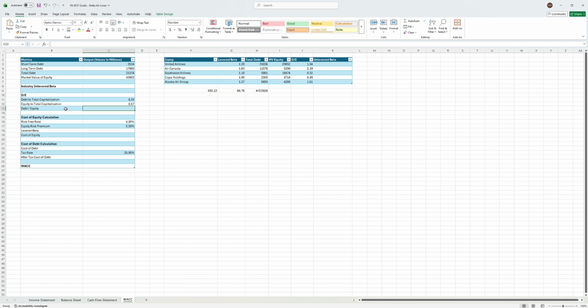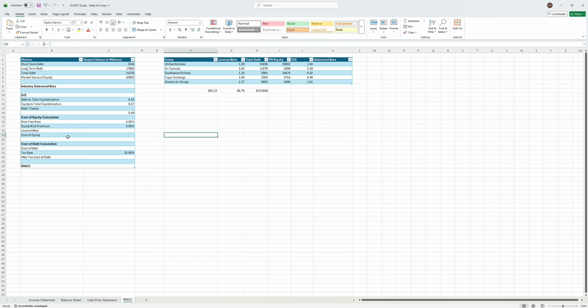And then for debt to equity, this is just the ratio of debt divided by equity. So in this, we're just going to do total debt divided by market value of equity. That'll be our debt to equity. So now we need to come down to